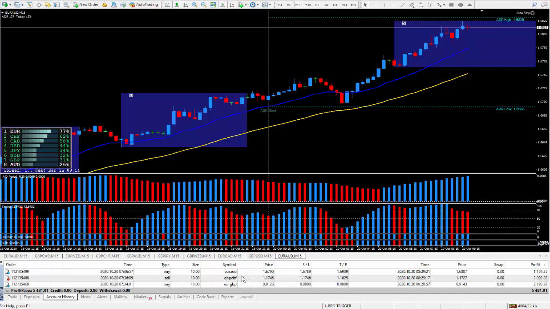Now, two of the trades, both euros, were based on euro strength. As you can see, it's at 80%. And of course, the pound trade that I took was based on pound weakness. In real time, it was right at the bottom. And as you can see right now, the Euro Aussie is still the strongest to trade, but I've already closed